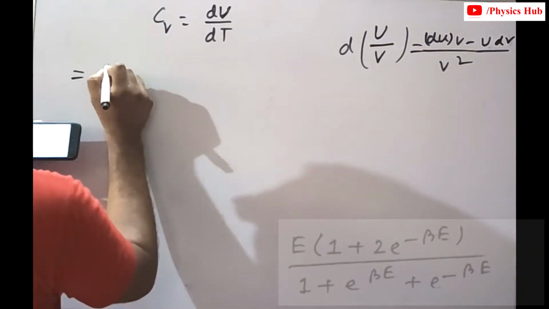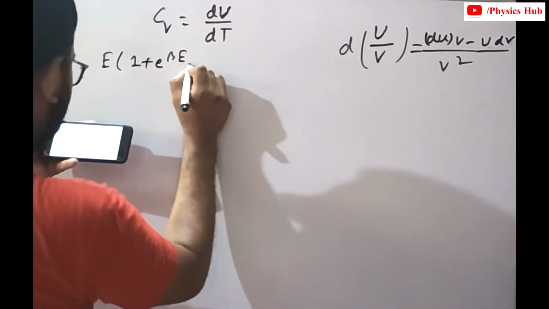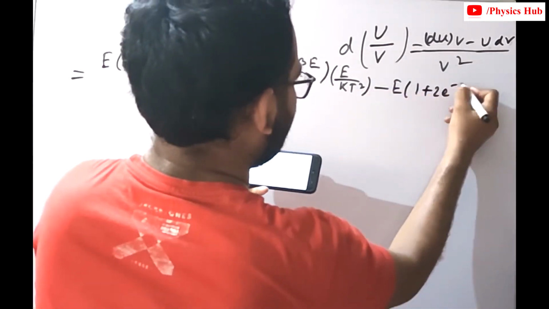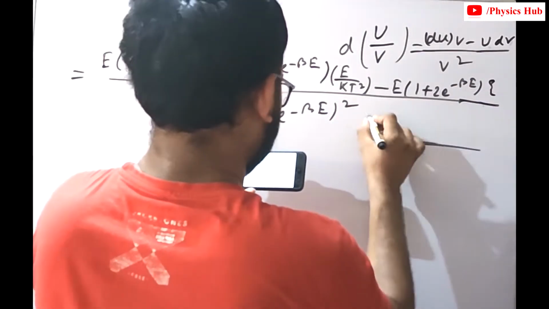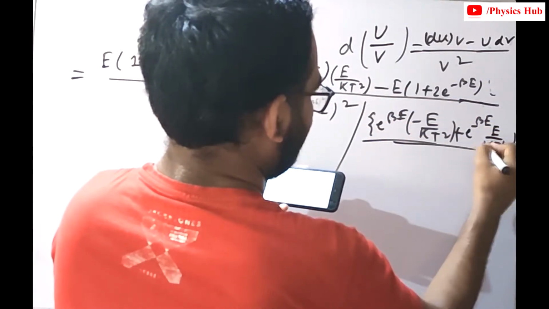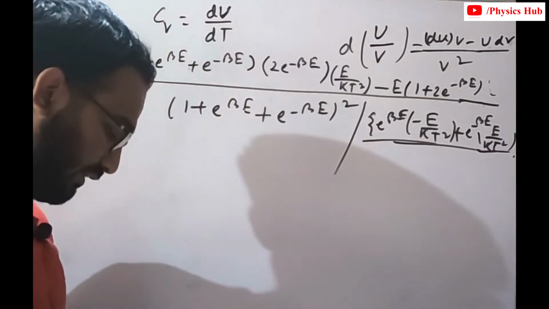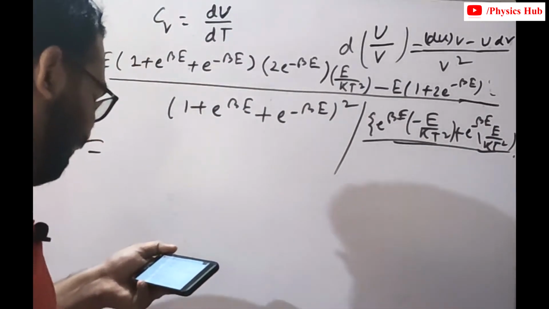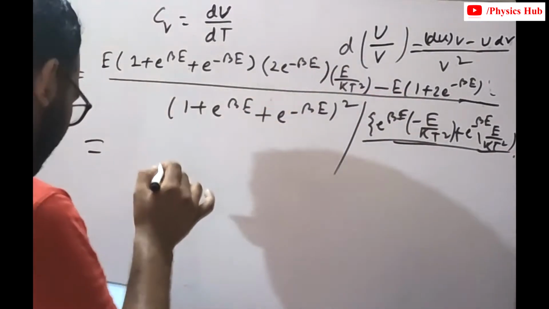Okay, I'm just copying it, so you will just match 1 plus beta E minus beta E, and 2 e to the minus beta E by kT square, minus kT square. So this kind of expression you will be getting. Just please cross check this calculation, okay, and I have cross checked it anyway, and it will come correctly. And after doing some steps, you can simplify this expression and you will get the ultimate expression.